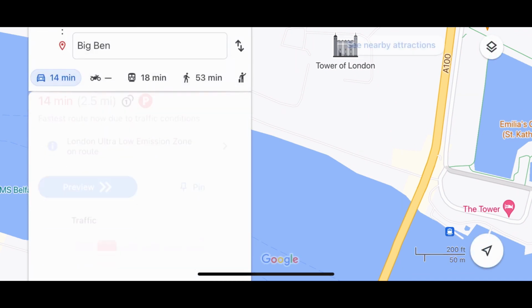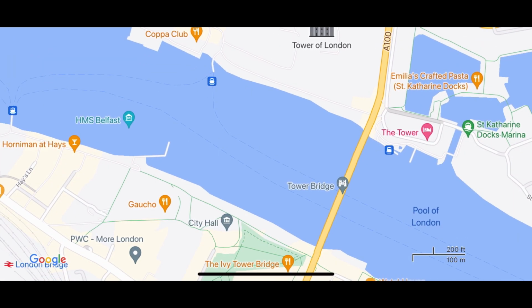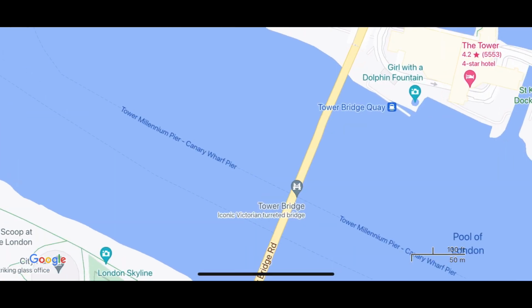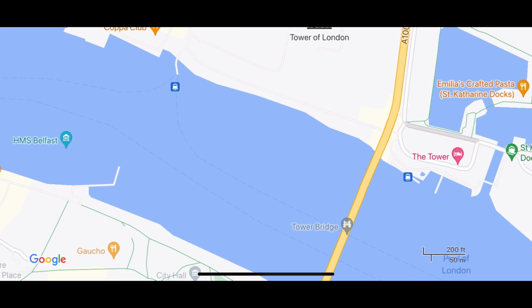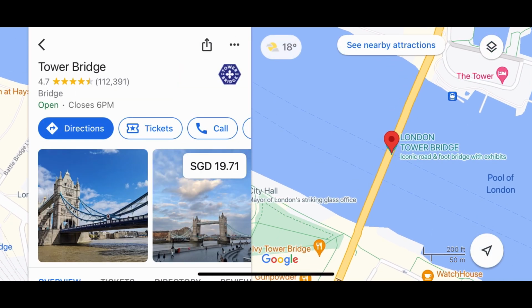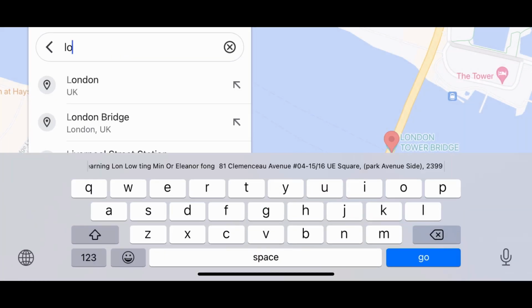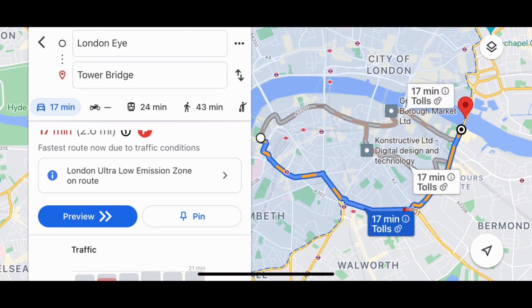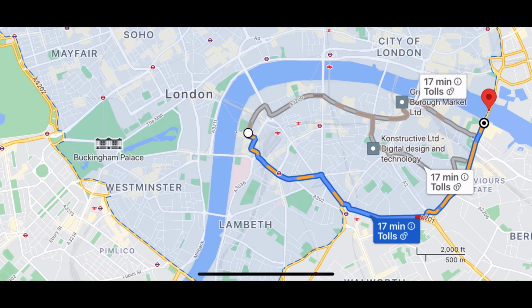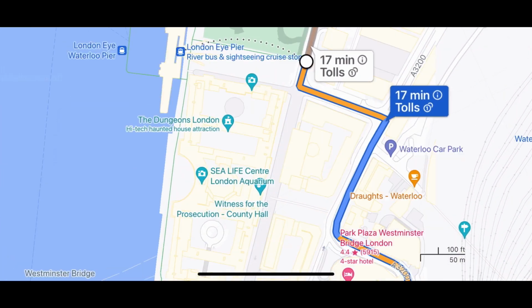Just to check, you can see here Big Ben. Big Ben is not here. Big Ben is a couple of distance away. If you just take a look, the Tower of London itself is just next to the Tower Bridge. That's accurate, but in terms of Big Ben, it's quite far away. So let's choose London Eye. If you look at the London Eye itself, London Eye is next to Big Ben, and again, like I said, driving it's about 17 minutes away, so it's not what it looks like